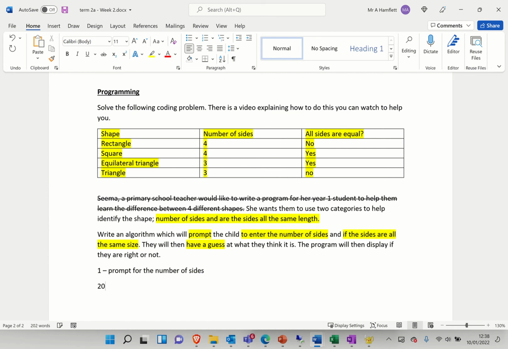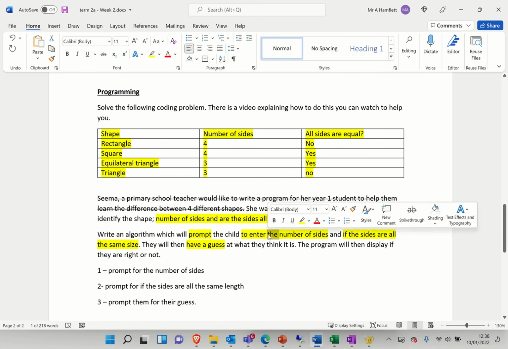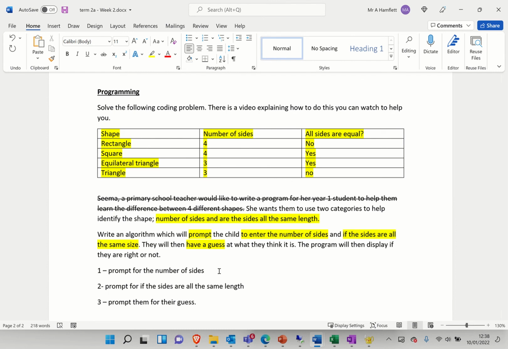Then we need to prompt for if the sides are all the same length, and then prompt them for their guess. So that's the first 3 things we need to do, okay? And what I've done is I've just pulled them out. I've written them down as a list, a decomposed bullet point list,